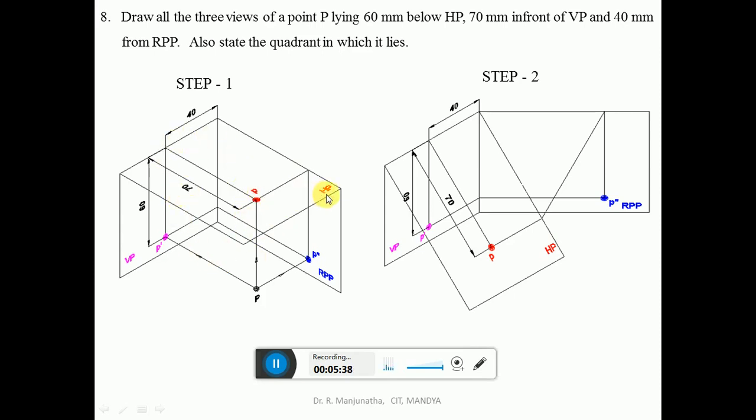And now when we cut it here and open it, the horizontal plane is rotated by 90 degrees downwards and the RPP to the right side, and the images which have fallen in the respective planes also get rotated by 90 degrees. So this is the intermediate step wherein you can see the horizontal plane being rotated downwards and the right profile plane being rotated towards the right side, and the right profile plane will always be in line with the vertical plane.